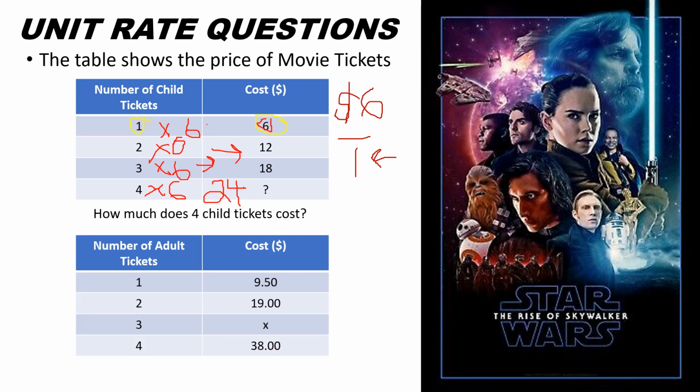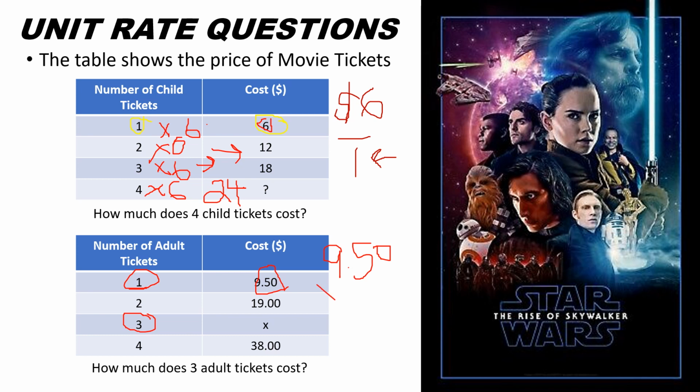Here is the same situation, but now we're talking about adult tickets. It's only a little bit more difficult because the price involves a decimal, but you can see if I ask you what is the unit rate for an adult ticket, because this is where we see 1 ticket, the unit rate would be $9.50 for every 1 ticket. So the question I'm going to ask you now is how much does 3 adult tickets cost? So since the unit rate is $9.50, to solve for 3 tickets, all we need to do is multiply